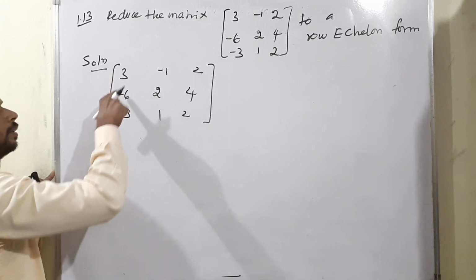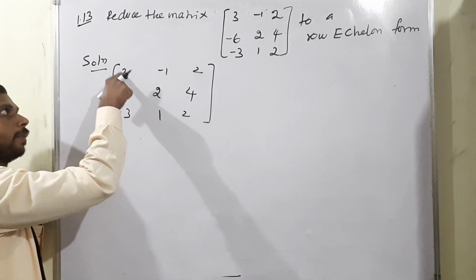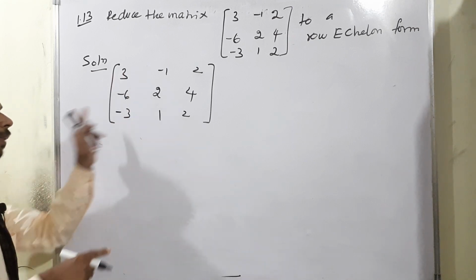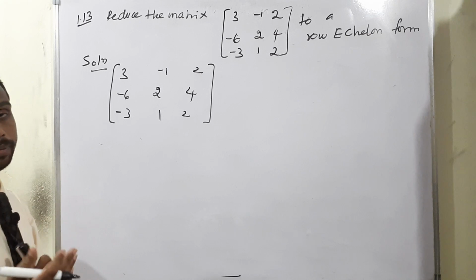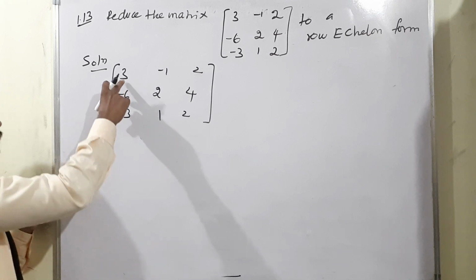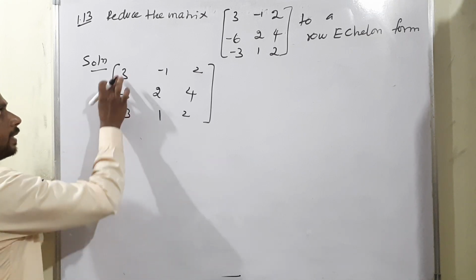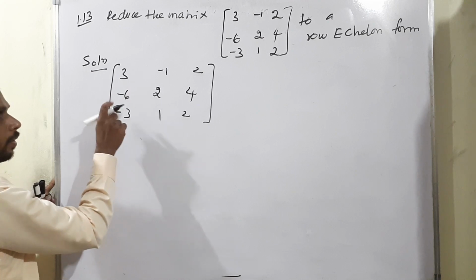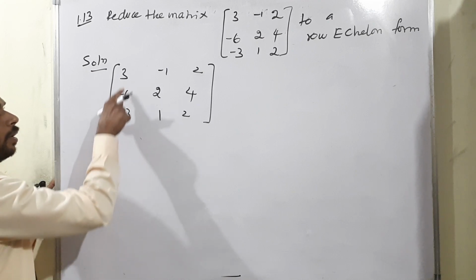so how to make it: here minus 6 is there, and if minus 6 and minus 6 are added, minus 12 will come. A positive 6 only will make it 0, isn't it? So minus 6 plus 6 will come out as 0 here. Sorry, my dear, the second term will be 0, and the first term as it is.